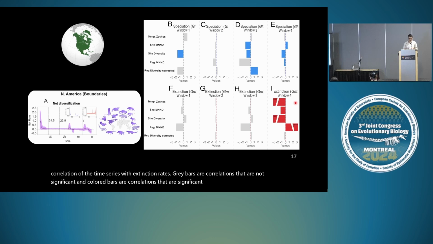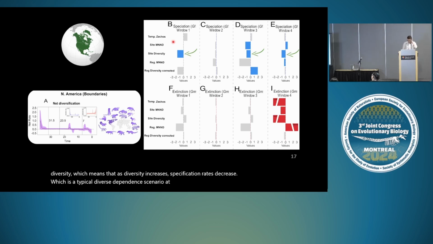And you can know if it's a positive or negative correlation based on the orientation of the bar, related to the x-axis here. So we found some results that we would expect to find, with what we know. For example, the green arrows indicate stuff that we would expect to find. So here we have, in 3 of the 4 time windows, a negative correlation of speciation rates with site diversity, which means that as diversity increases, speciation rates decrease, which is a typical diversity dependence scenario at the